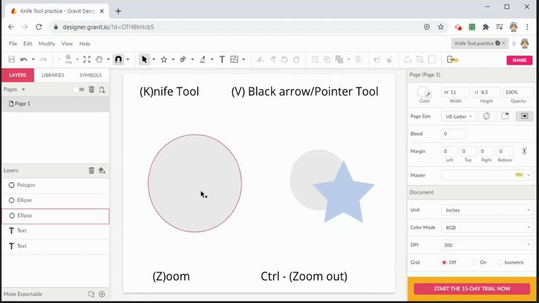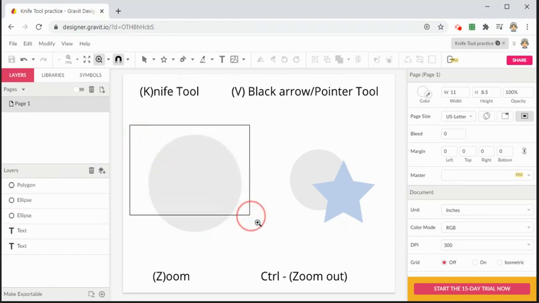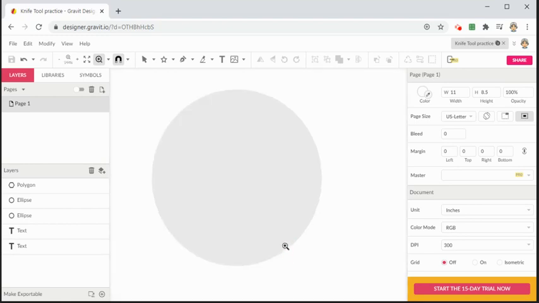All right, so let's go ahead and slice this first circle. Let me hit Z for zoom, and I'm going to zoom in on this circle a little bit more. And let's go to our knife tool. So it's K for knife, or up here at the top. Here's K for knife. And the way this works is you are going to click, hold, and drag across your